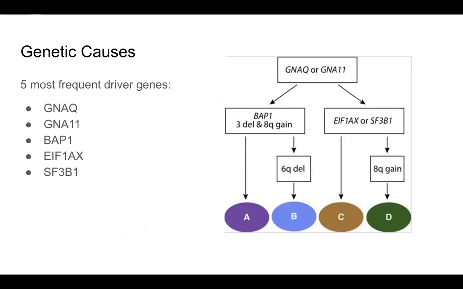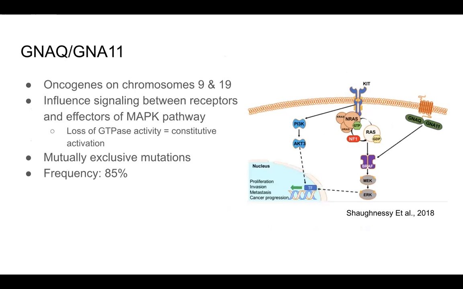There are several driver genes associated with uveal melanoma, but the 5 most common ones are GNAQ, GNA11, BAP1, EIF1AX, and SF3B1. GNAQ and GNA11 are two oncogenes responsible for producing the alpha subunit of the G protein that mediates signaling between the G protein coupled receptors and downstream effectors of the MAPK pathway. The constitutive activation that results from mutations in these genes is due to a loss of GTPase activity. This constant signaling by the G protein upregulates the MAPK pathway and can lead to uncontrolled cell growth and proliferation,